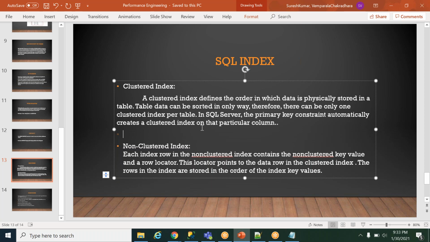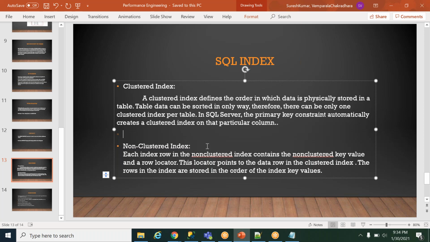It is unique and not null, meaning a unique value is always assigned and null will not be there. So when you create a primary key, the clustered index is automatically created on the particular table.